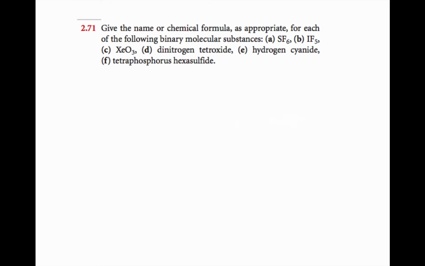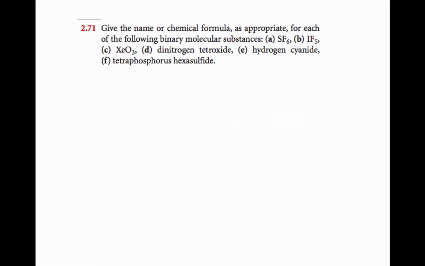Give the name or chemical formula as appropriate for each of the following binary molecular substances. Okay, so sulfur's a non-metal, fluorine's a non-metal. So in this situation, when you're naming molecules, you've got to use counting prefixes to indicate how many fluorides are